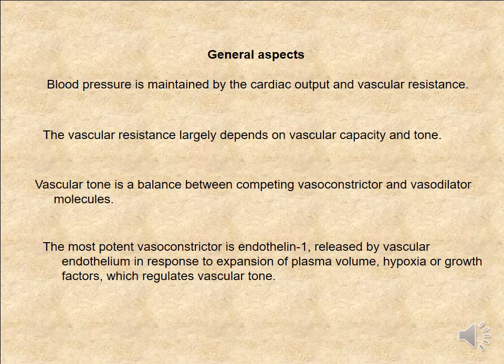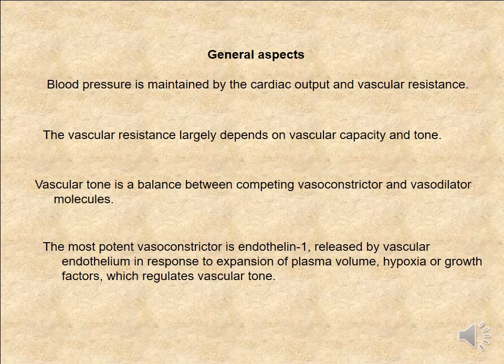Hypertension: in general, blood pressure is maintained by the cardiac output and vascular resistance. المحافظة على البلاد بريشر من خلال الكاردياك output and the type and feature of vascular blood vessel through vascular resistance. The vascular resistance largely depends on vascular capacity and the tone. تعتمد الresistance على capacity of the blood vessel and the tone of contraction of the muscle, smooth muscle within the